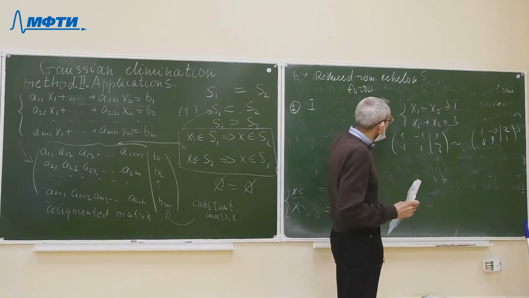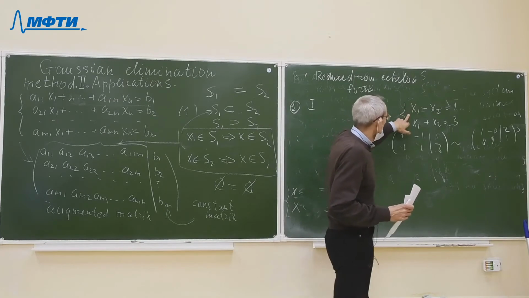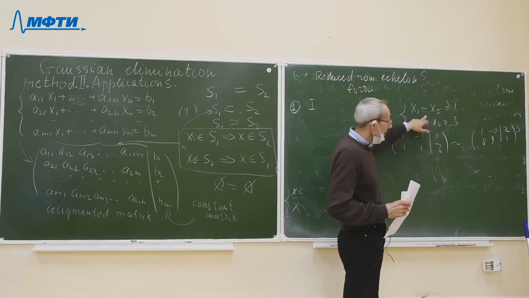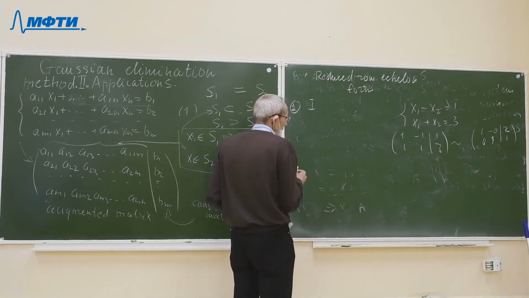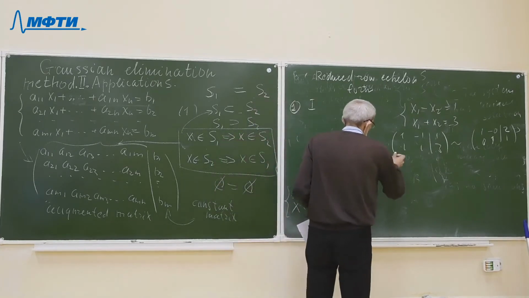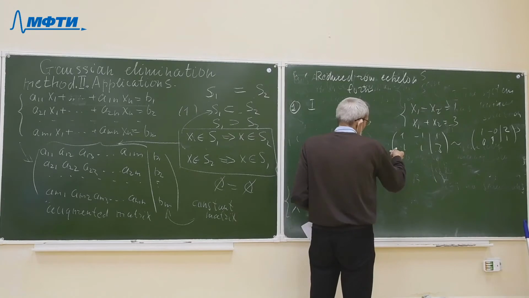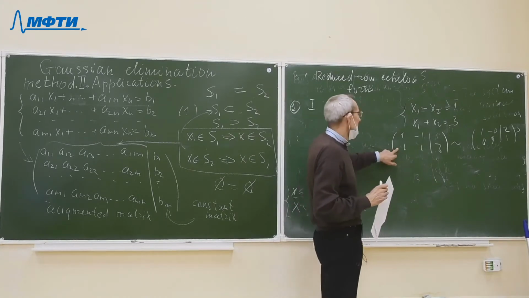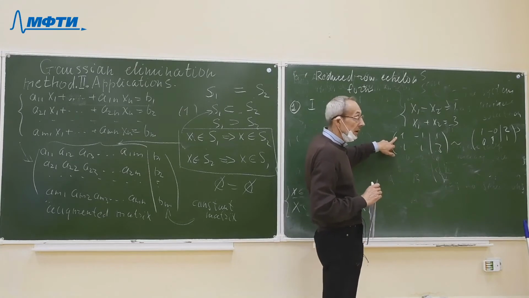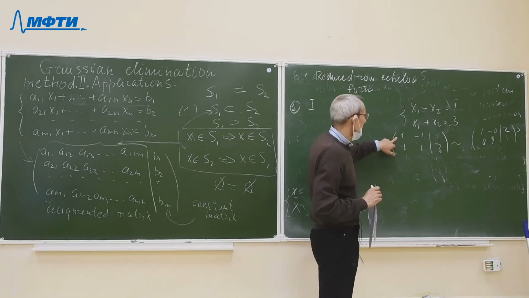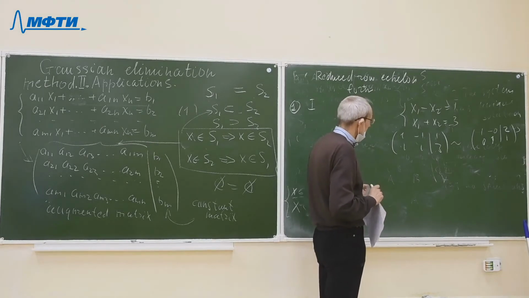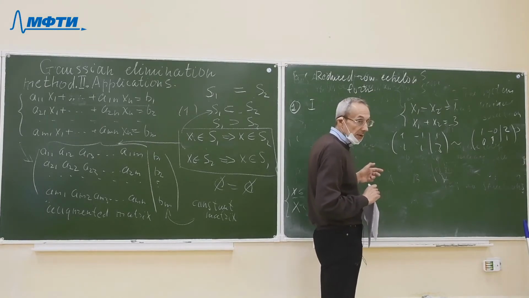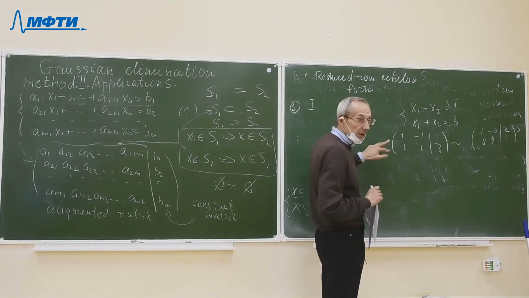What does it mean to express one of the variables in terms of the others? In our equation, we can use the following types of operations. We can add to an arbitrary row another row which is multiplied by an arbitrary number, and we can multiply any row by a non-zero constant,